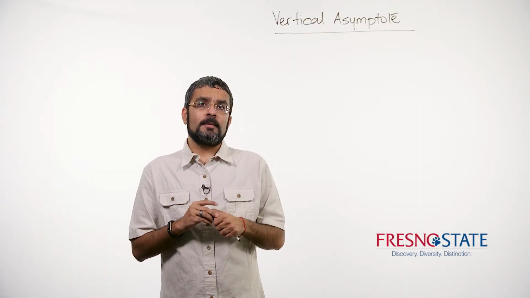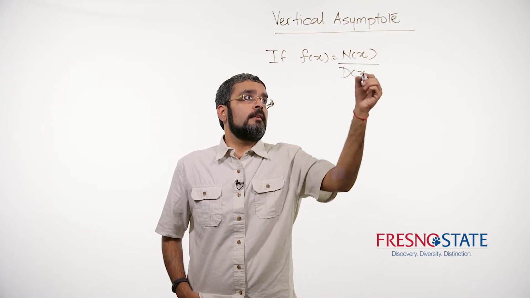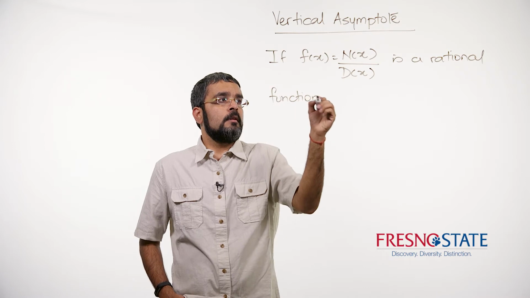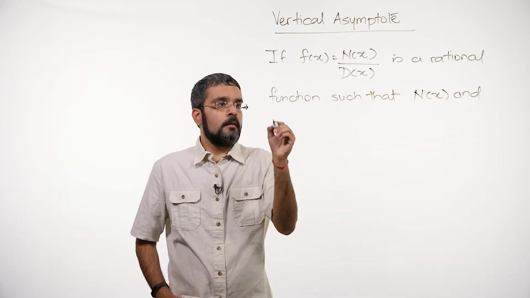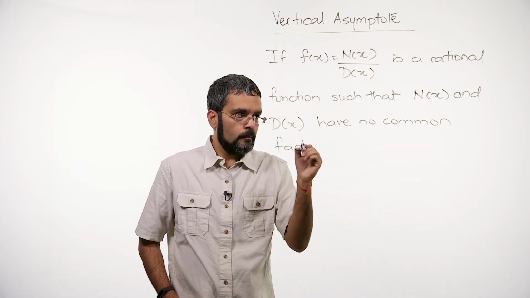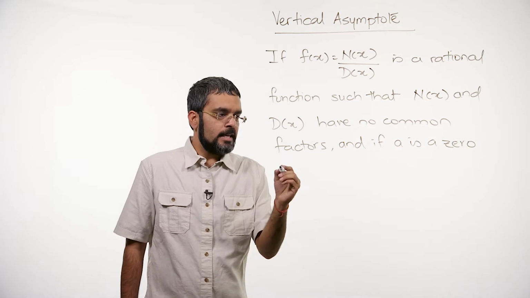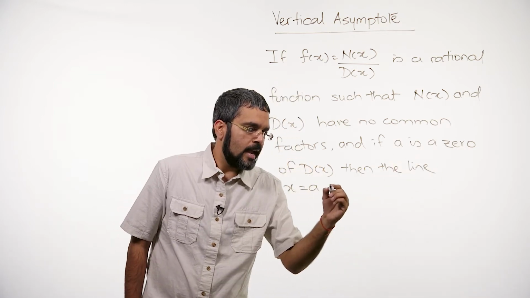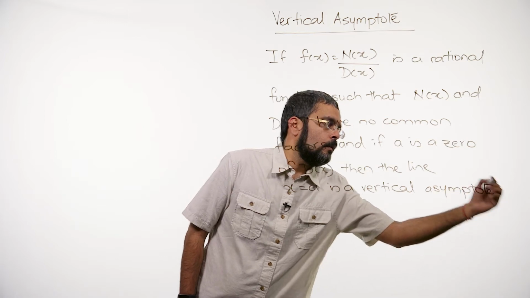So the question is, how do we find the vertical asymptotes for a rational function, right? So if f(x) equals n(x) over d(x), right, is a rational function such that n(x) and d(x) have no common factors, and if a is a zero of d(x), then the line x equals a is a vertical asymptote of the function